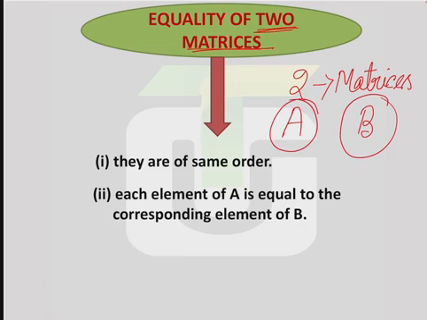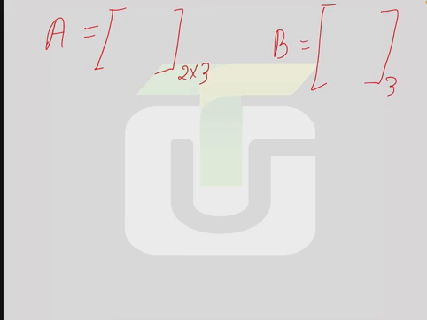So when we can say that these matrices are equal, हम कब कह सकते हैं कि ये दोनों matrix equal है, right? First of all, they are of same order. That means their order should be same, right? तो ये दोनों मैट्रिक्स का ऑर्डर सेम होना पड़ेगा, राइट? Suppose if A is a matrix of order suppose 2 by 3 and B is a matrix of order 3 by 1.